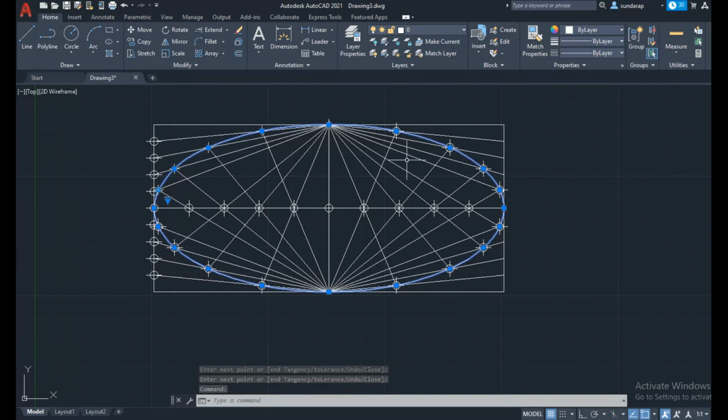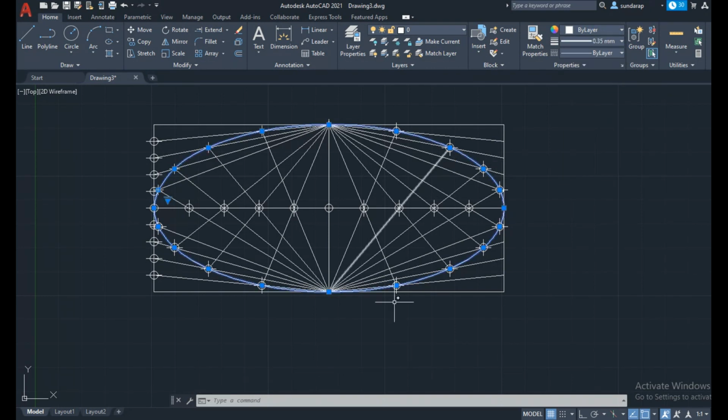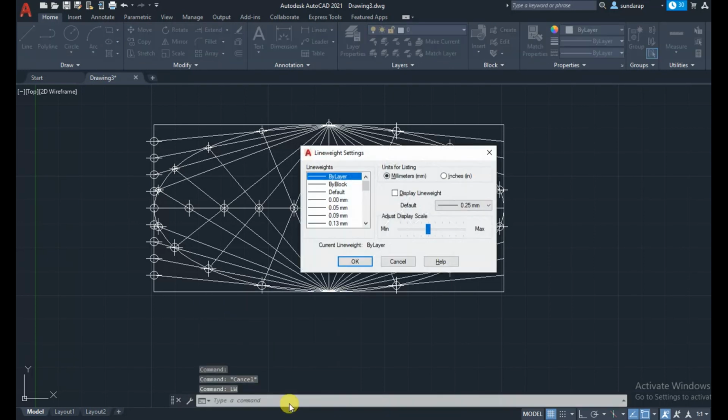Then to differentiate it from the construction lines, increase the thickness. The thickness is not visible, so you can use the command lineweight.